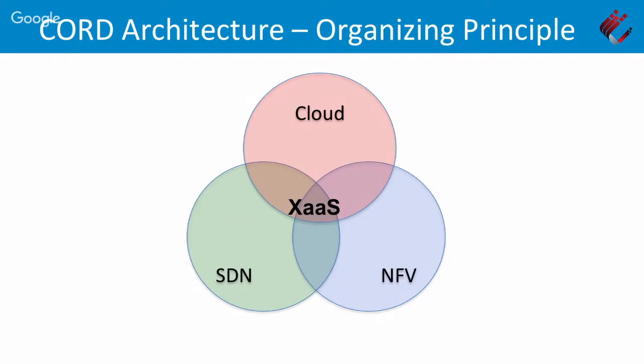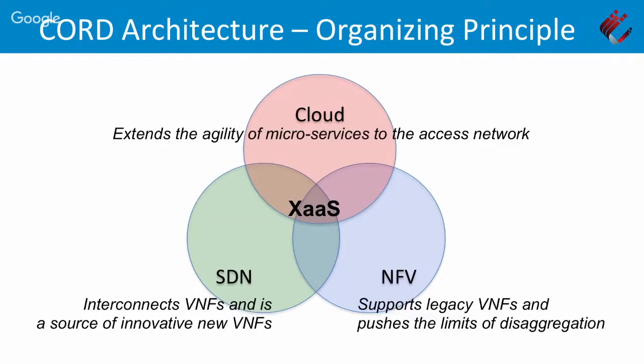But the key is that you get more out of that if you do it as a combination than if you just took each one of those circles by itself. So just to draw attention to what the value is when you approach the problem with this particular organizing principle, the cloud allows us to extend microservice architecture, which people are buying into as a good design, all the way to the access network. So access is not other, access is one of the microservices. In terms of SDN, a lot of people think about SDN as a way to plumb together the virtual network functions, but we're actually also using SDN as a way to generate new virtual functions. So our VNFs are both in the control plane and the data plane, and treating them both as services is the unifying aspect.